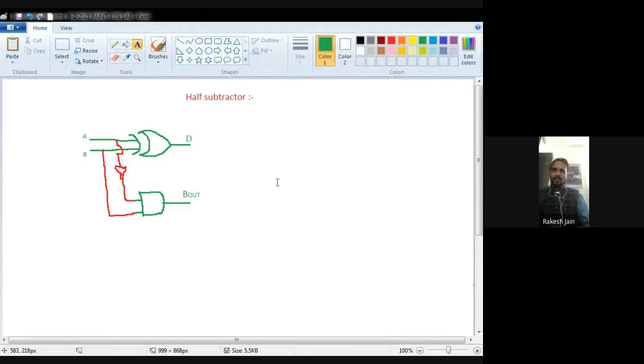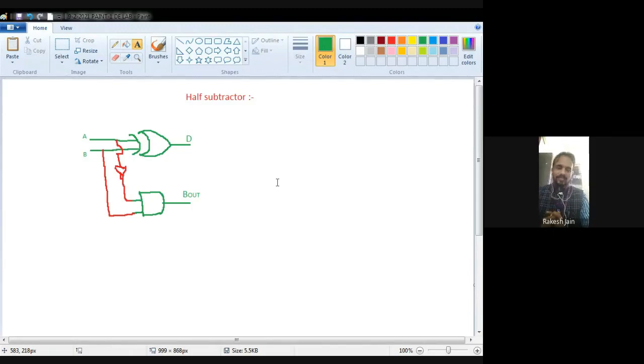So there will be two output lines, and what are the two inputs? The first input is A and the second input is B. So this is a diagram of half subtractor. It is different from a half adder because in the half adder the two inputs are directly connected to the XOR gate and the AND gate.